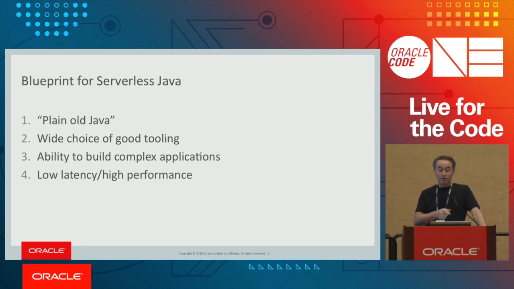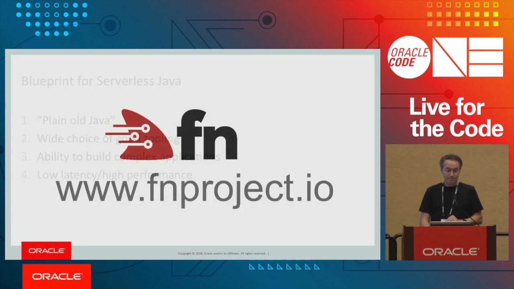I've talked before about how functions are simple little things, but when you have a whole bunch of them, how do you build applications out of them? I need to compose them together, and I need to have a Java application. A Java function has to have low latency: start up fast, run fast, and return results fast. It has to be a fast experience. It can't be slow. I'll talk about some of the reasons why it could be slow and some of the things that have been done to change that. A lot of this is the question of whether the JVM is suitable.